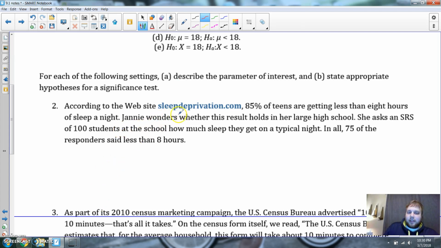According to the website, sleep deprivation, 85% of teens are getting less than 8 hours of sleep a night. Janie wonders whether this result holds in her large high school. She asks a simple random sample of 100 students at the school how much sleep they got on a typical night. In all, 75 of the respondents said less